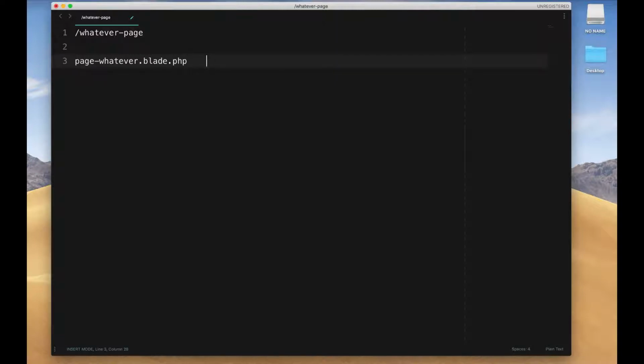Okay, so the controller will become PageWhatever, as in Pascal case, .php. Okay, now let's just make a quick class here,